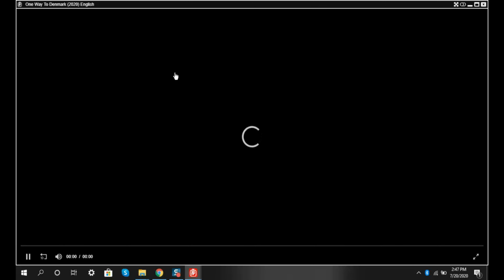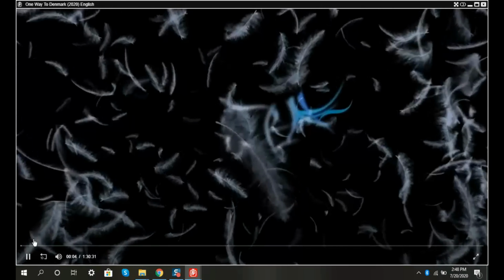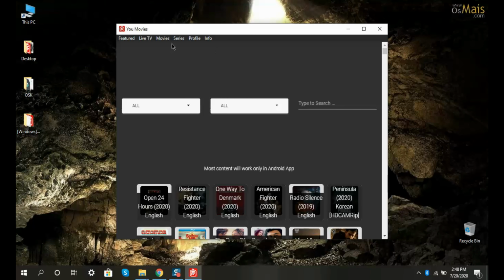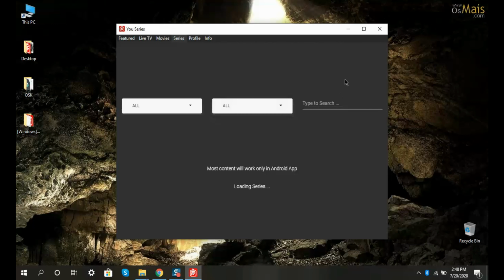Let's watch another movie, One Way to Denmark. It may take some time to load, depending on your internet configuration. Okay, as you can see, the application is working, and you can also watch new series.